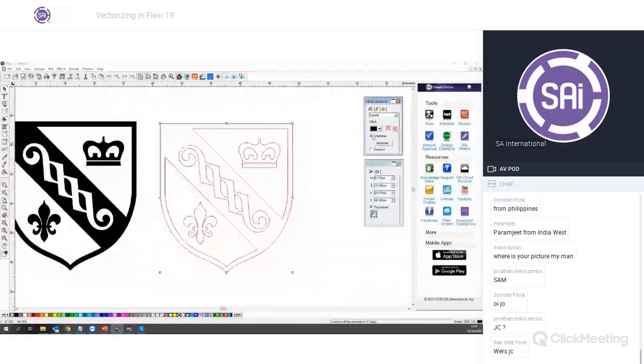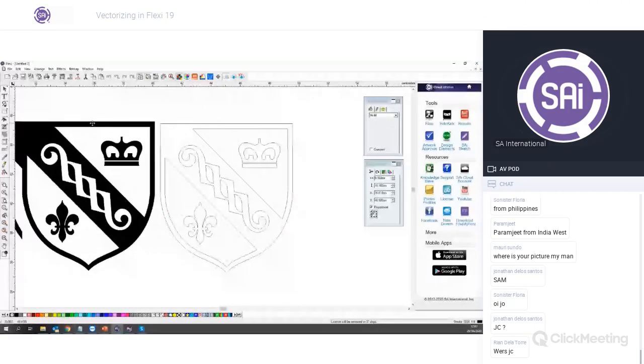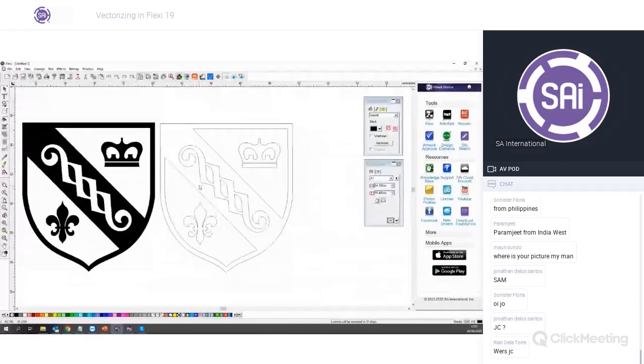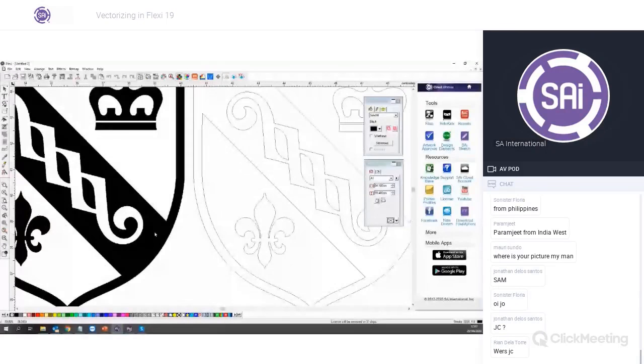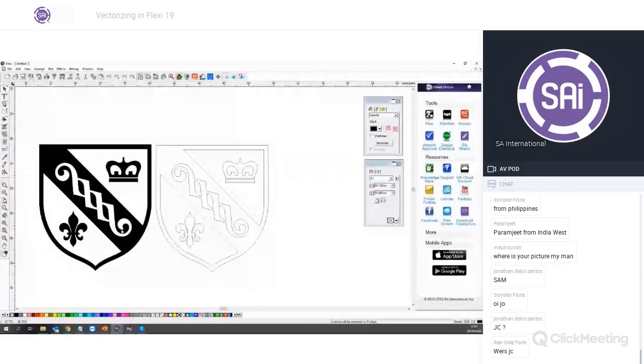Or you can just leave it without the fill, as you wish. So this here is just a trace of the contrast between different elements of our object. Where there are nice straight lines and very obvious curves, this is a quick and easy tool, basically. If the quality of the image isn't too bad, it's very easy to just use the auto trace function